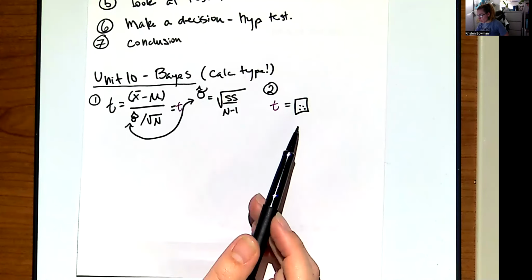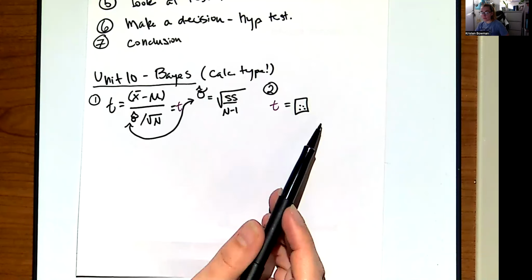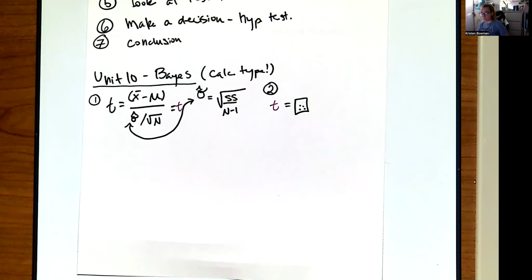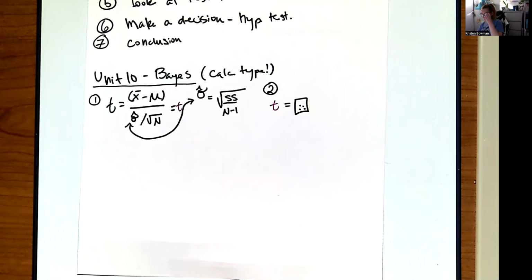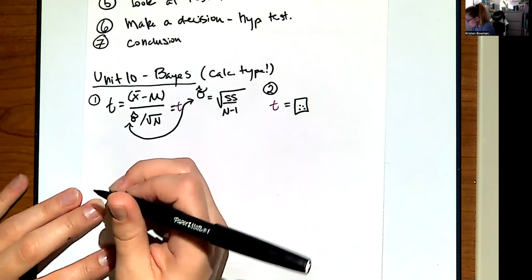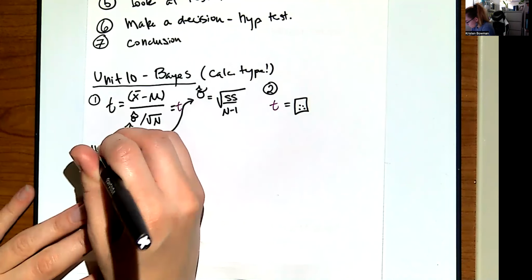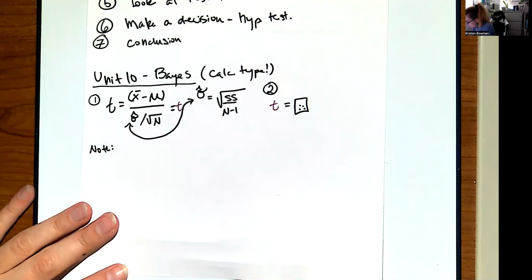But cool, so now we already have a printout. We already have if our test is going to be big or not, right? If we're going to have evidence for it or not. So we have this t-score. Well, what does this t-score mean? Well, let's take a moment to talk further about what Bayes is. So I'm going to put a note. What we need to know is that